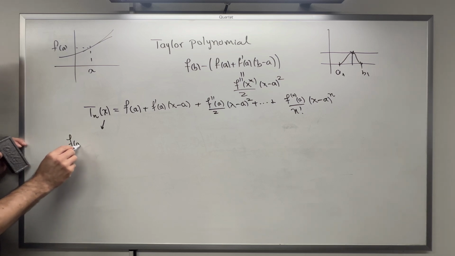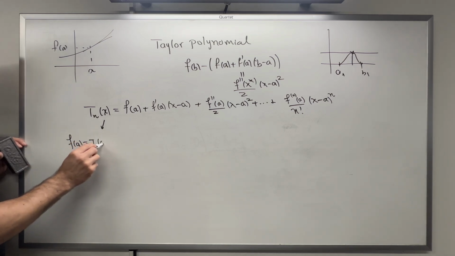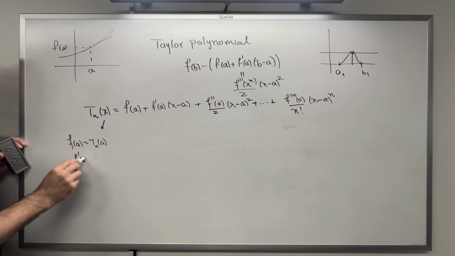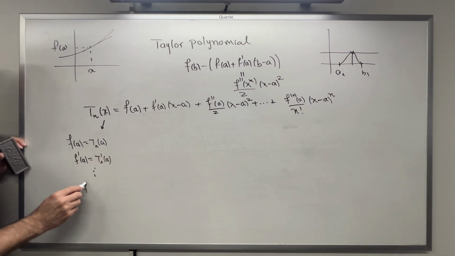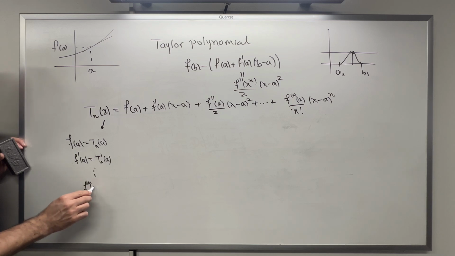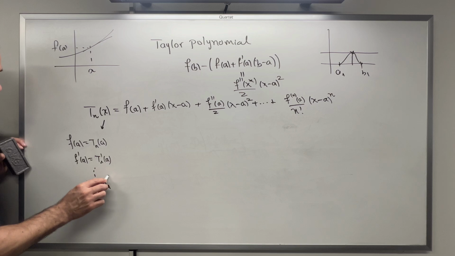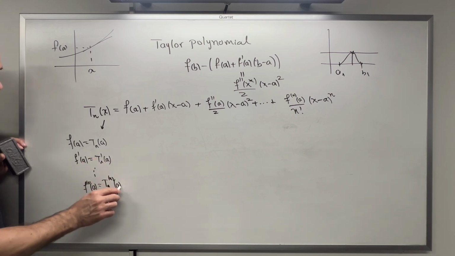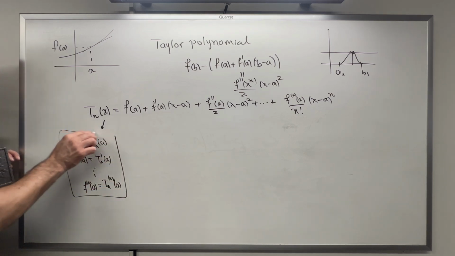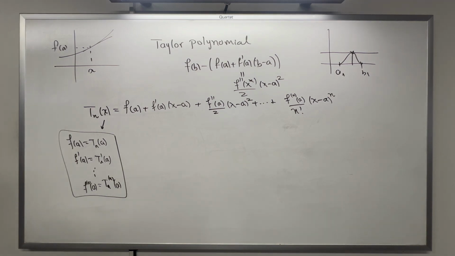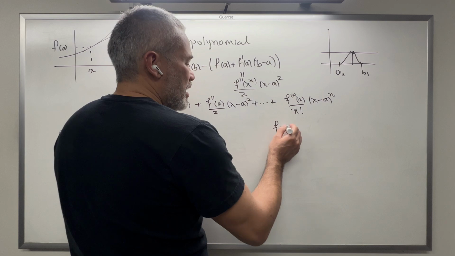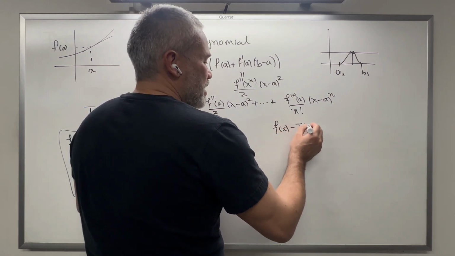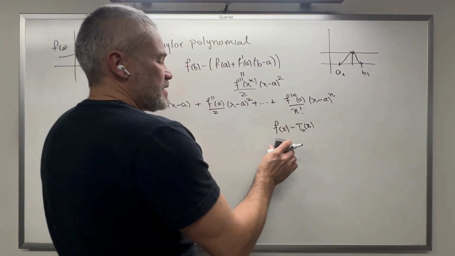We want f of a to be equal to Tn of a, we want f prime of a to be Tn prime of a, and we want the nth derivative at a to be equal to the nth derivative of the polynomial at a. Then we have all these properties, and then we can show that the error, which is f of x minus Tn of x, when we replace x with b,